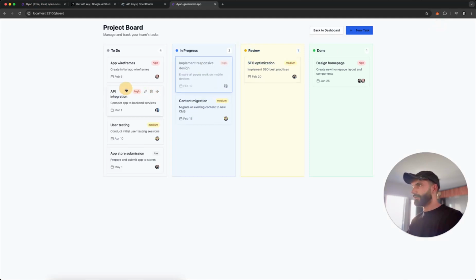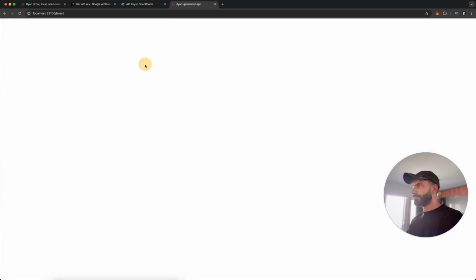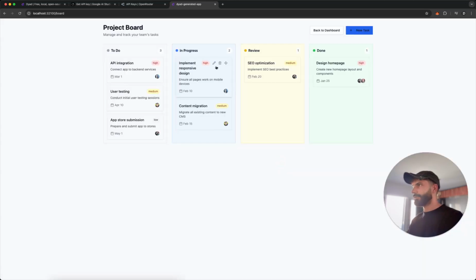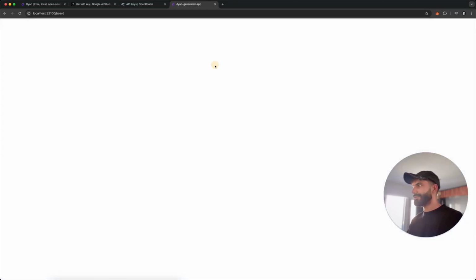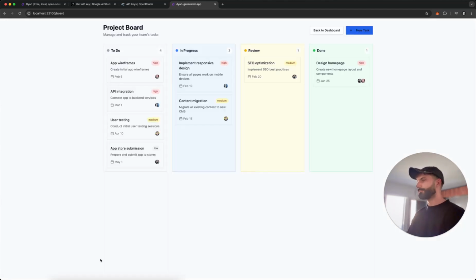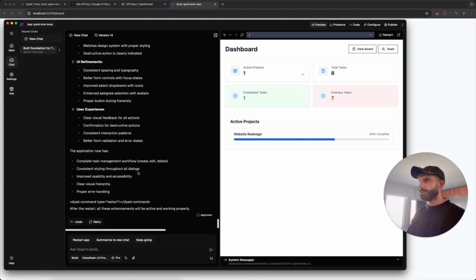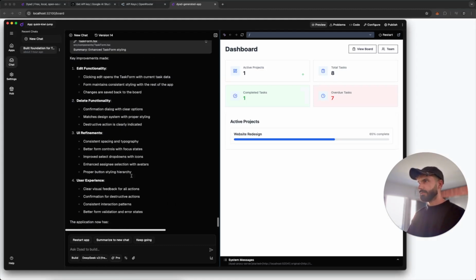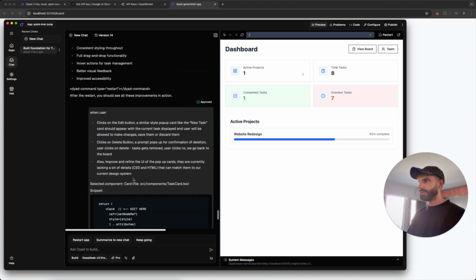So now we can definitely move. The edit part doesn't really work. Delete works well. This doesn't work, which is weird. The new task doesn't work. So let's see. Edit, user experience. Yeah, it never did it. So that's okay. Let's go back here and basically